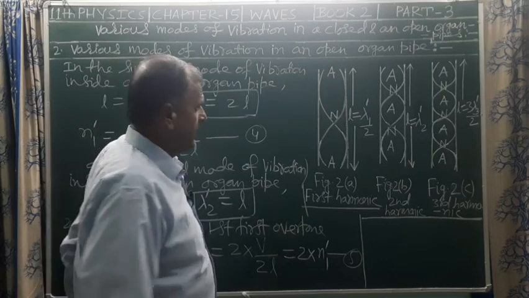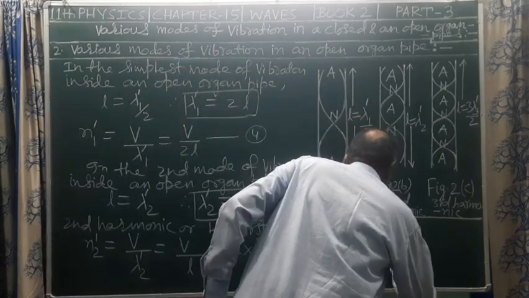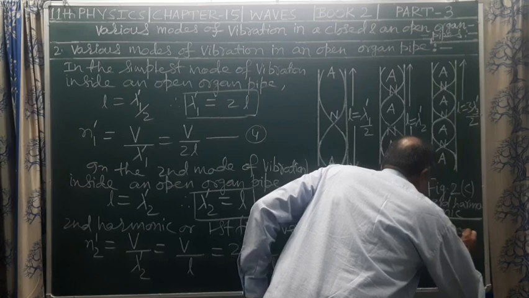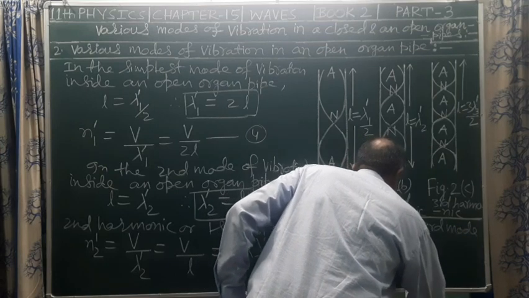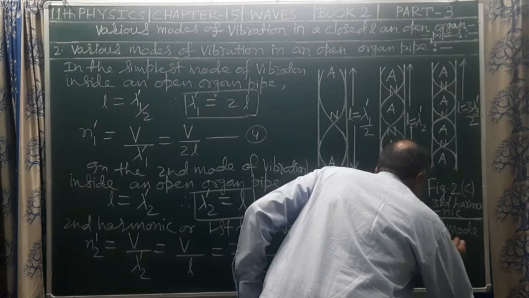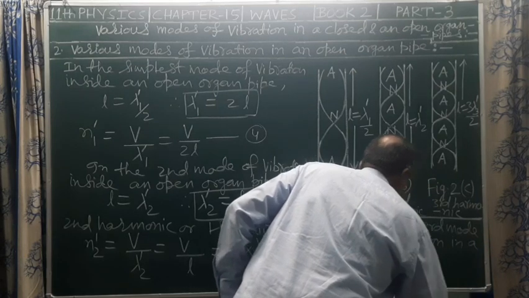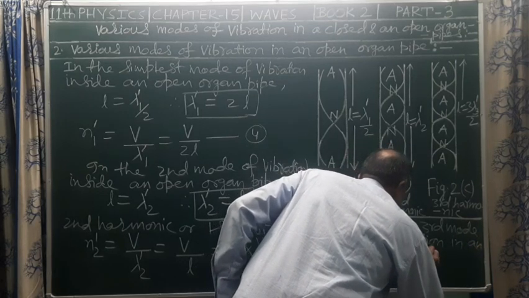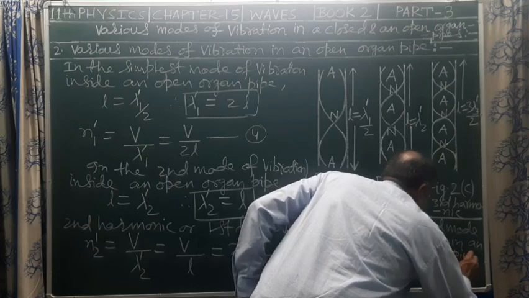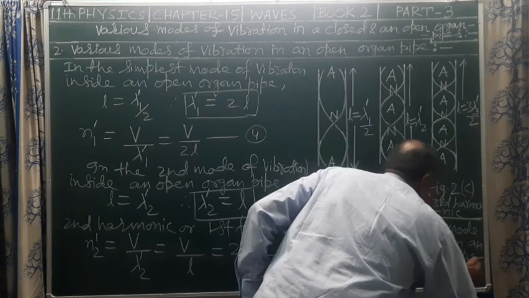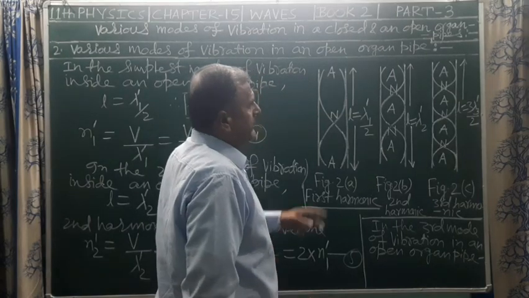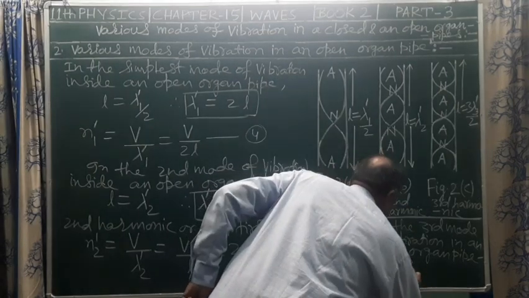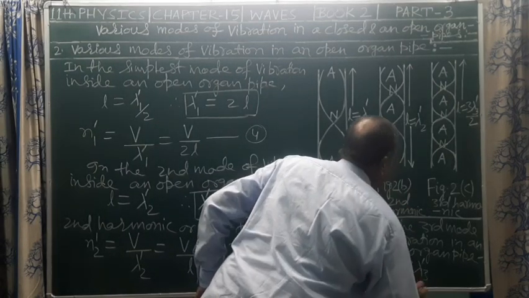the open organ pipe. So in the third mode of vibration in an open organ pipe, we have total length of the loops formed inside the open organ pipe, or total length of the tube, L equals 3 lambda 3 dash